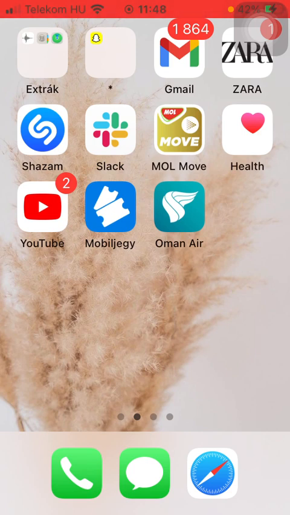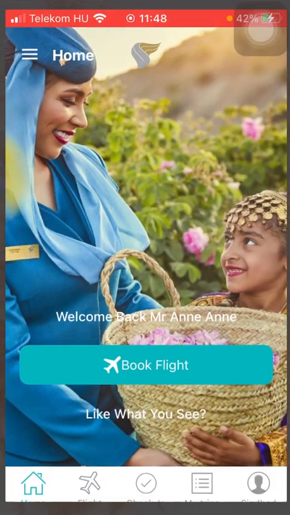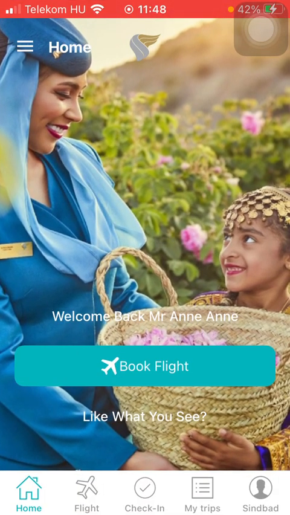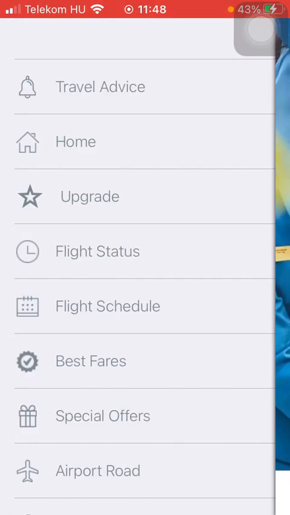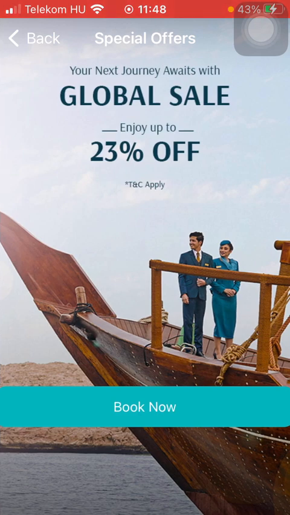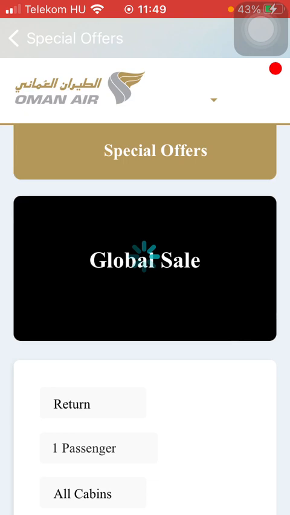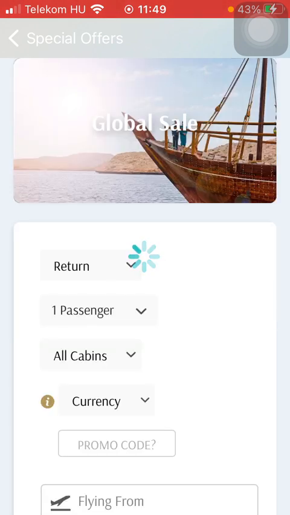Now let's jump into it. First of all, open the application on your phone. After that, you should tap on the home button down below and the menu icon in the upper left corner of the screen. Then tap on special offers, tap on book now, and here you will be able to select